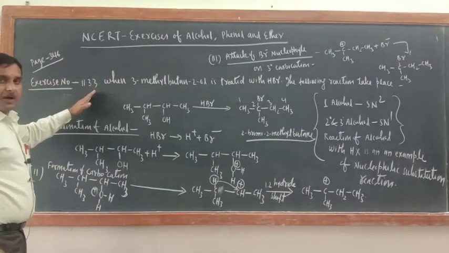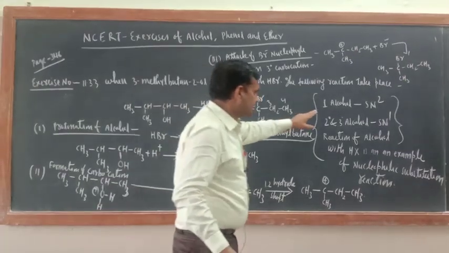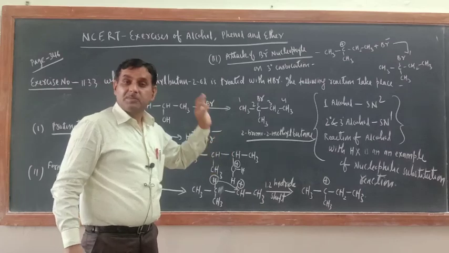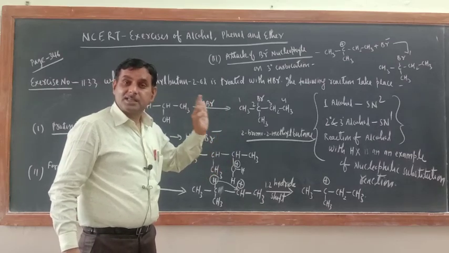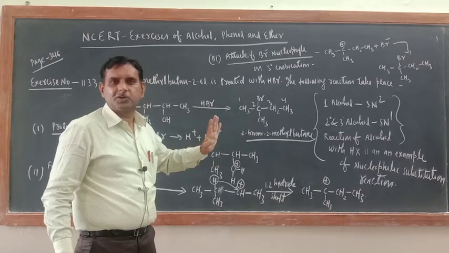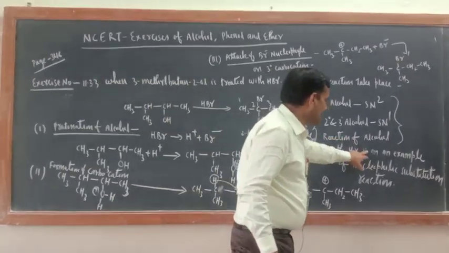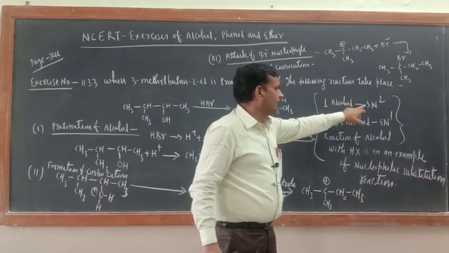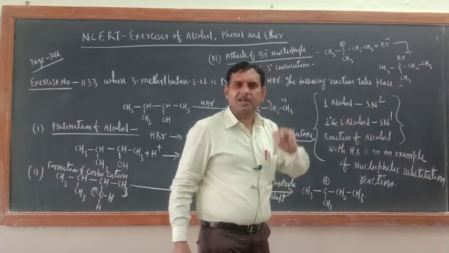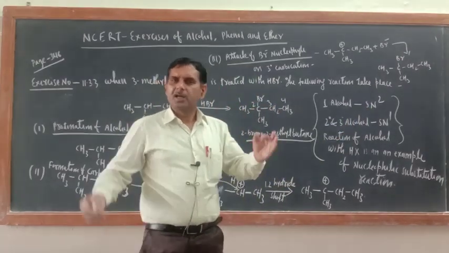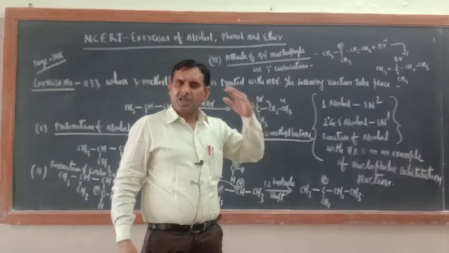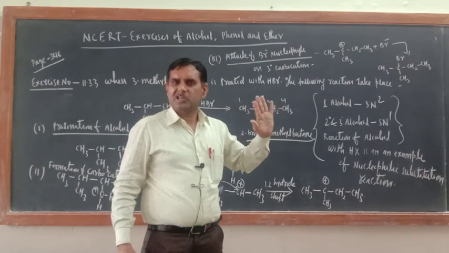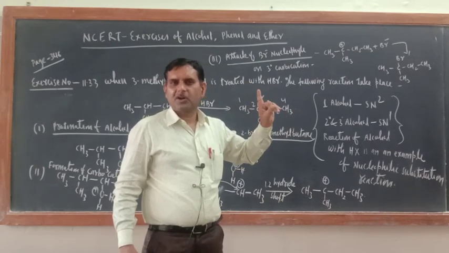Okay, you have to explain the mechanism. Some basic things I wrote here. Always remember, the reaction of alcohol with hydrogen halide, meaning HCl, HBr, HI, is an example of nucleophilic substitution reaction. If it is a 1 degree alcohol, it will follow the SN2 mechanism. SN2 mechanism means a one step reaction only. Okay, a transition state will form. Now still I am telling you, watch the SN1, SN2 reaction video. Still many people have not watched that video. Okay, first unit of organic chemistry.